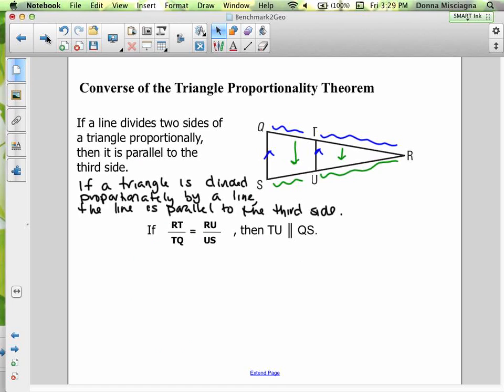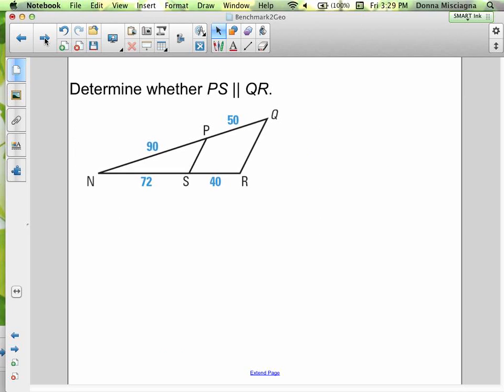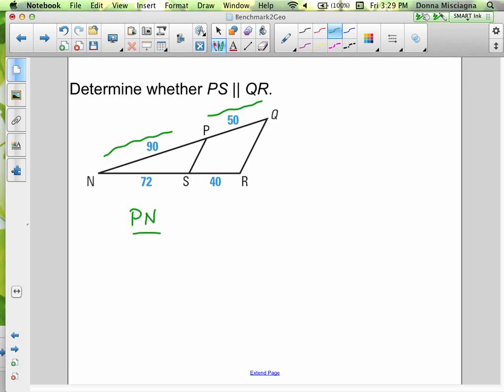So we're going the other way. Before, we knew the lines were parallel, so we could solve for the missing part. If the parts are in proportion, then we know the lines are parallel. And it's the side of the triangle and the line that splits it. Now let's see. We want to find out, is PS parallel to QR? If it is, then PN over PQ will equal NS over